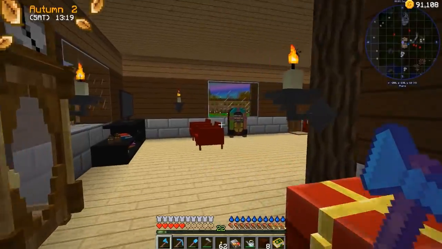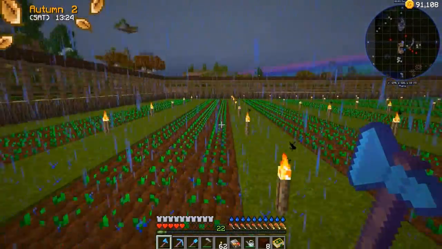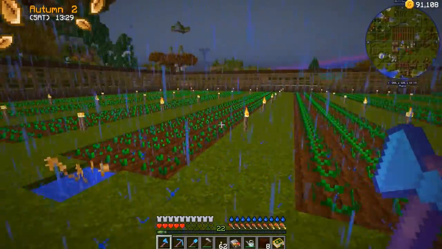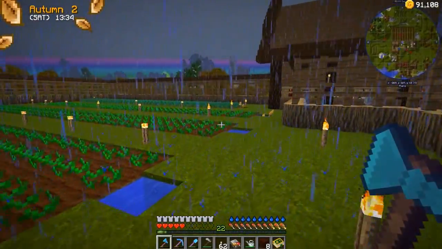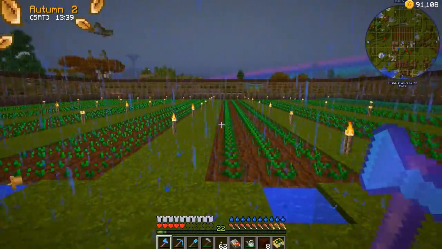All right, guys, we got the farm up and going, and the next day has passed. Here it is, looking good. So we got 3 rows of eggplants so far, and 4 rows of sweet potatoes. And well, the rain is also beneficial in the sense that not only is it gonna help water our farms,